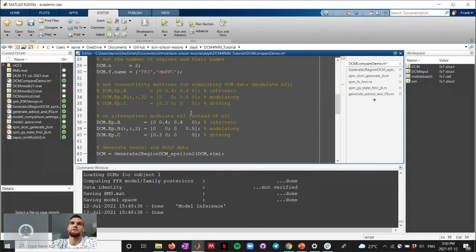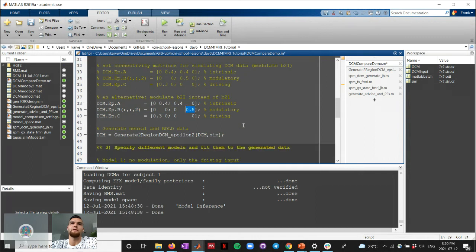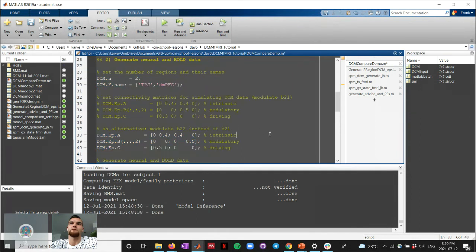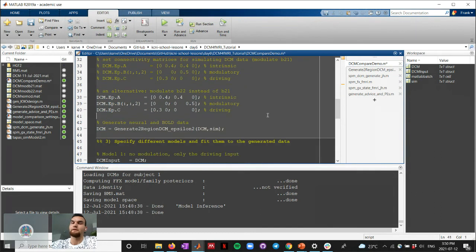So everything is the same as before, only that instead of the forward connection modulation, we're modulating the self-inhibitory connection. And if we run this section now again with this different model,